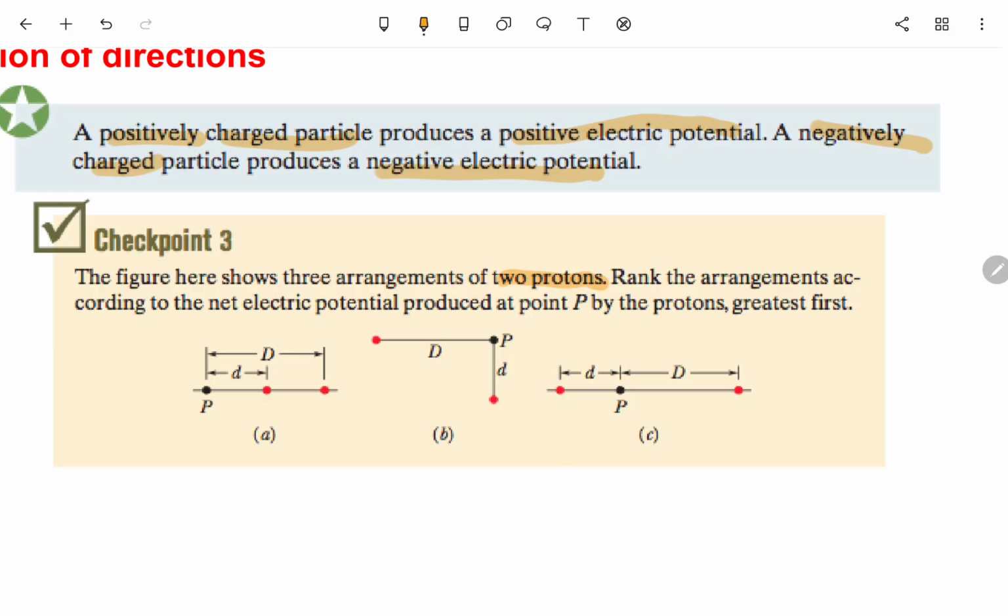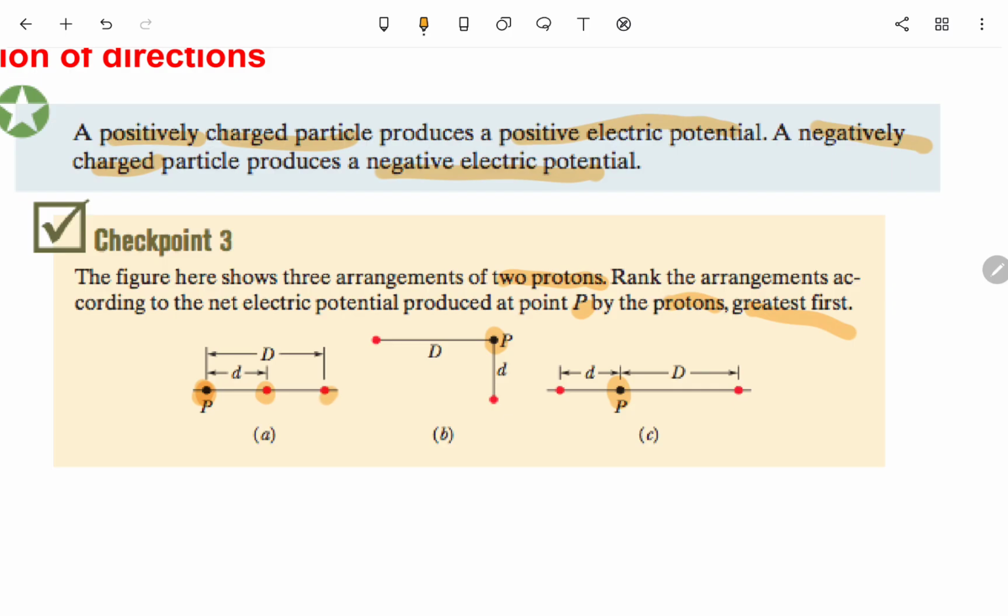Rank the arrangements according to the net electric potential produced at point P by the protons, greatest first. 就是要求这个 P 点的 potential 从大到小。